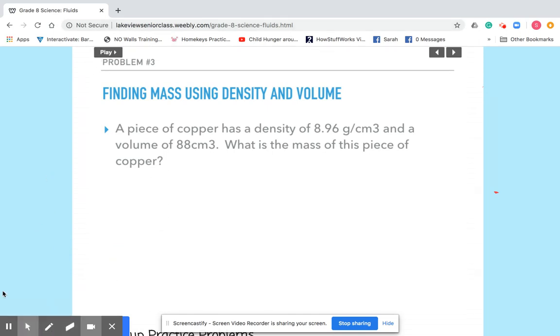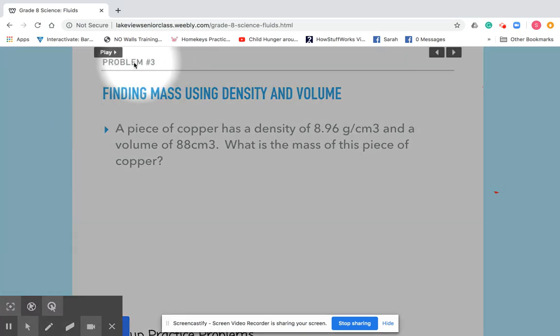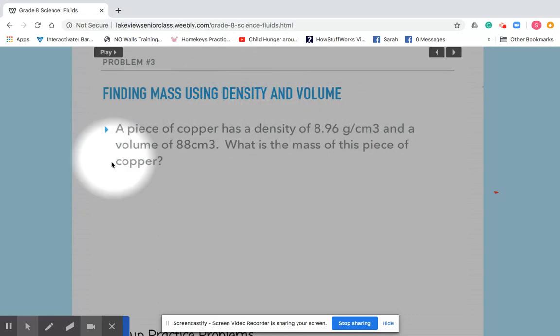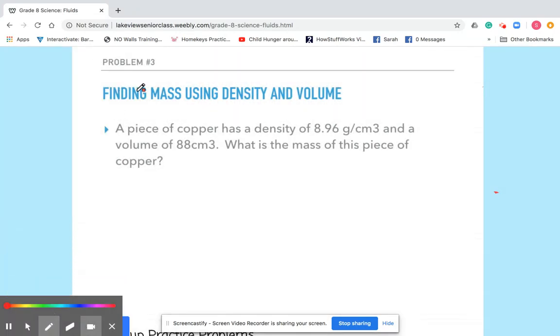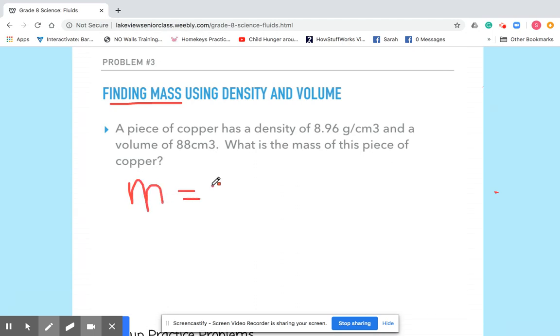Okay, so next I want you to write down problem number 3. And this is finding mass using density and volume. So in this problem, we're actually going to be finding mass. So that means you need to go back up to your 3 density formulas and find the one for mass. Okay, so we've found that our formula to find mass is actually mass is equal to density